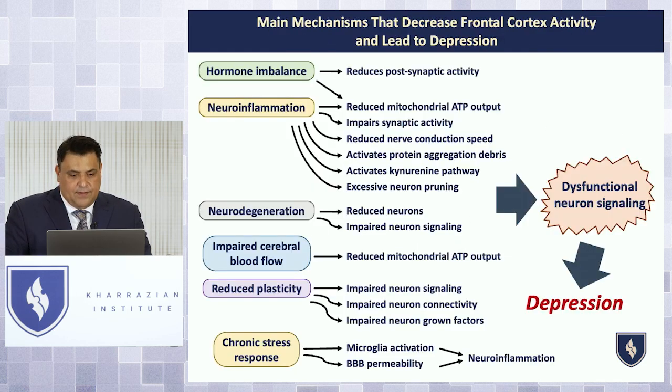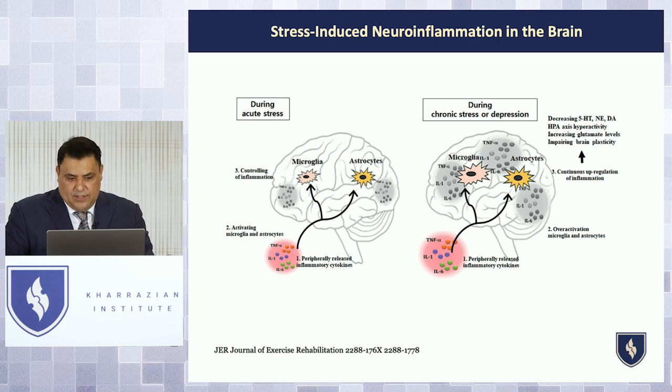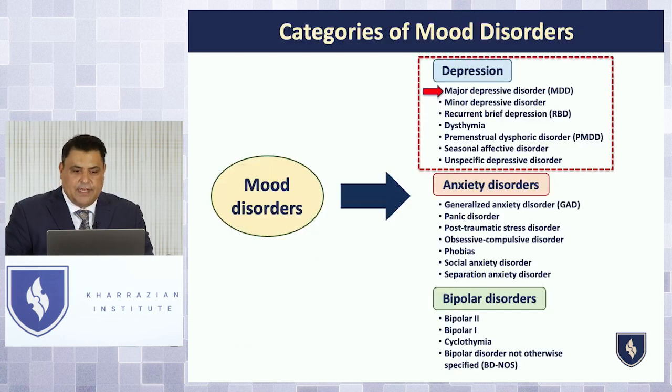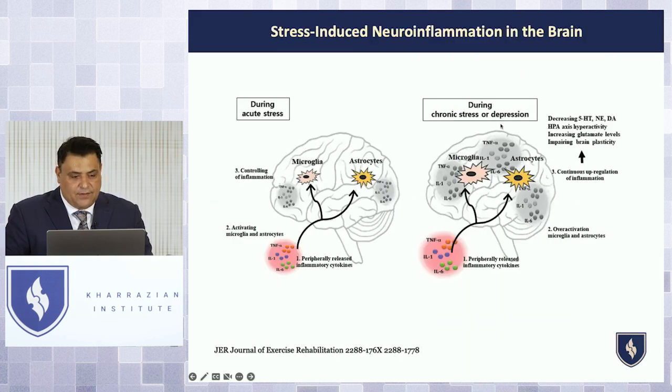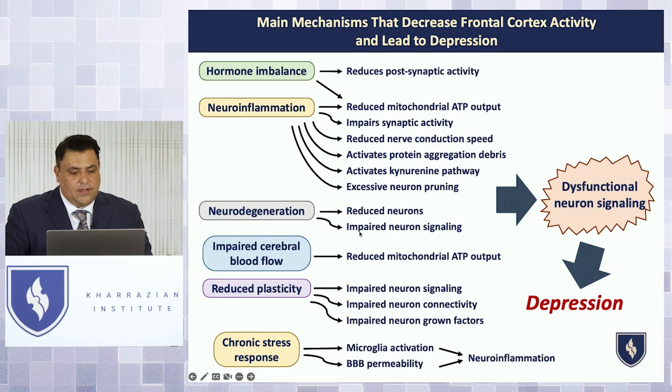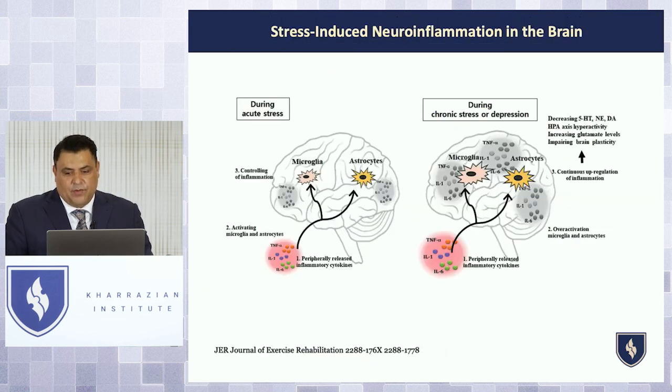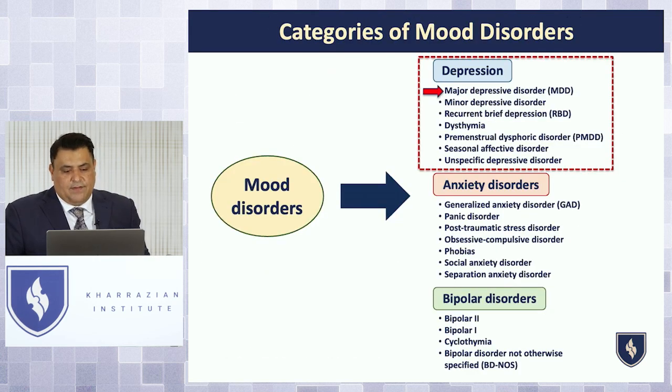So when we look at these major depressive disorders, whether we want to label it as major depressive disorder, minor depressive disorder, recurrent bouts of brief depression, there are these underlying inflammatory, vascular, neurodegenerative, BDNF, growth factor derived mechanisms that may be playing a role. And that's where you have to go clinically when you look at these conditions.